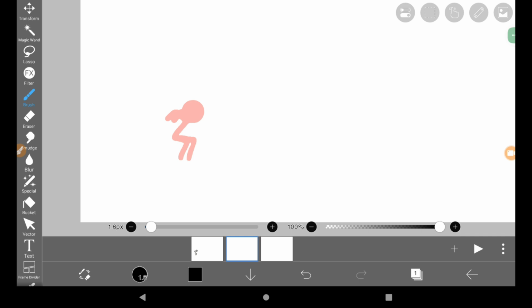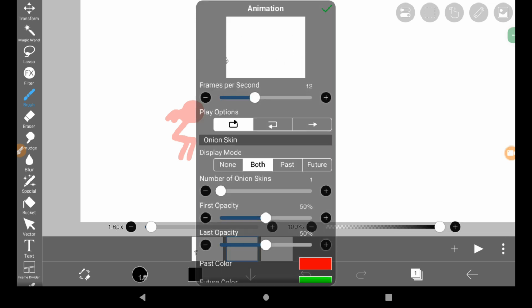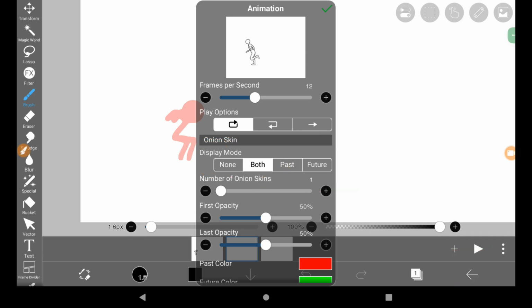Then followed by, let's move on. You notice something showing on the next layer, that is the onion skin. You can get that from the animation settings, where you have your display mode. Okay, this place. Always set this to both so that you can see the past and the future. Okay, it's very, very important. So once you select this,